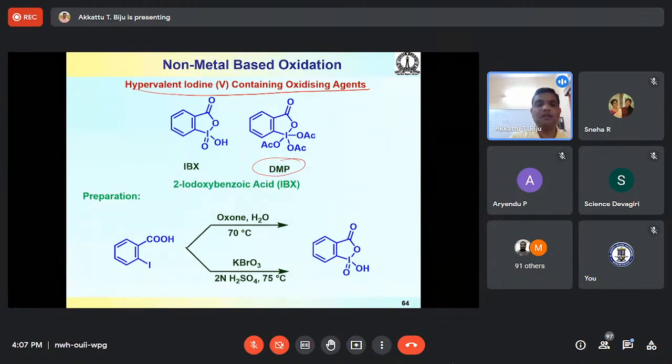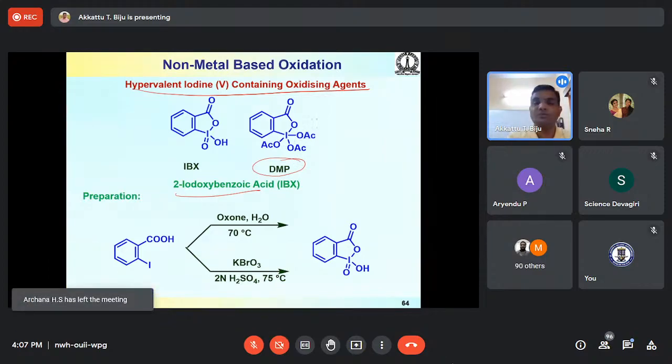So IBX is 2-iodoxybenzoic acid, and DMP is Dess-Martin periodinane. Again, a hypervalent iodine reagent, so the iodine(V) reagent. What people generally do to prepare this compound, the IBX, is use ortho-iodobenzoic acid in the presence of an oxidant